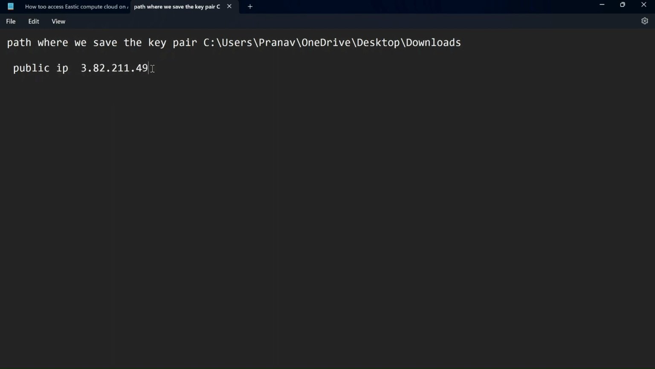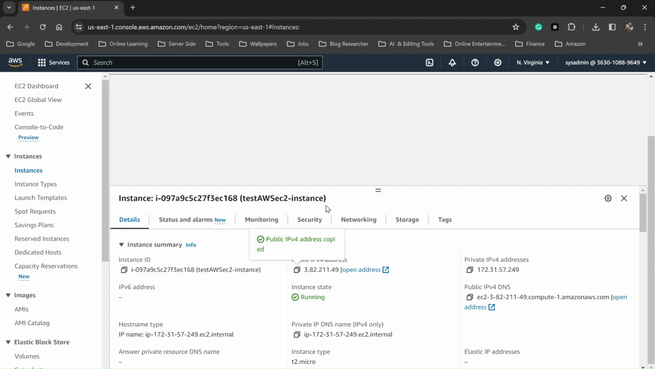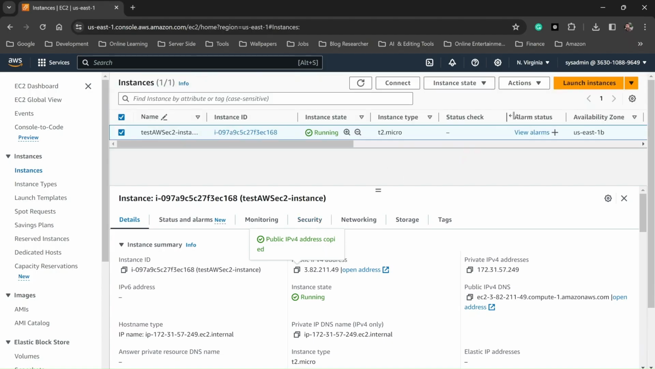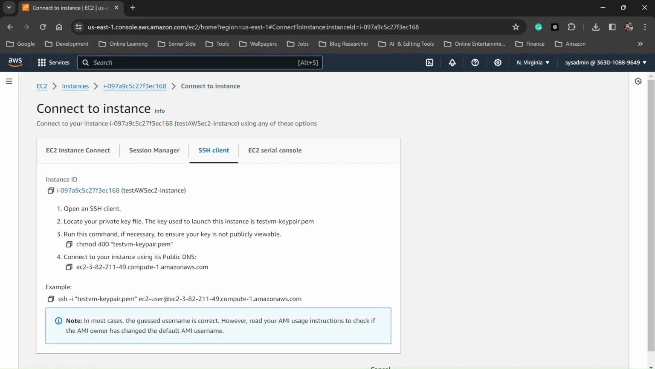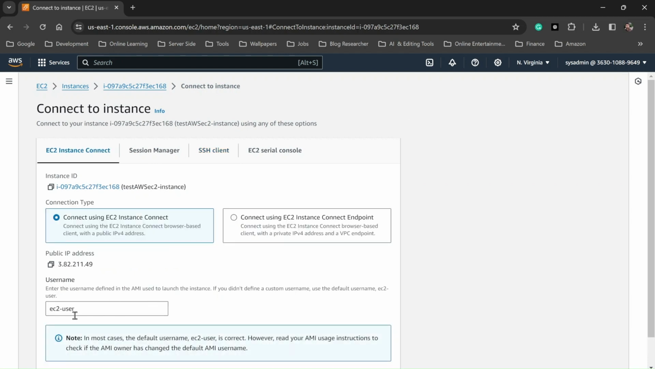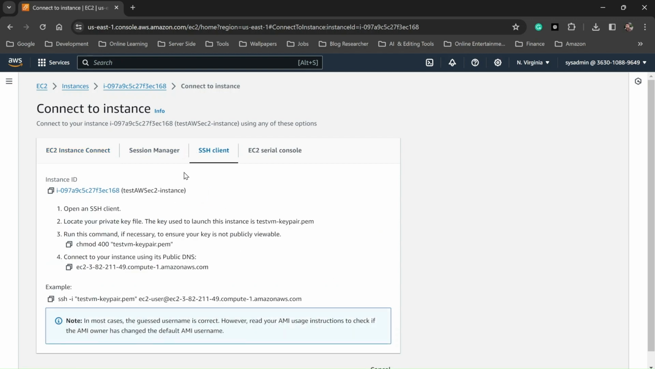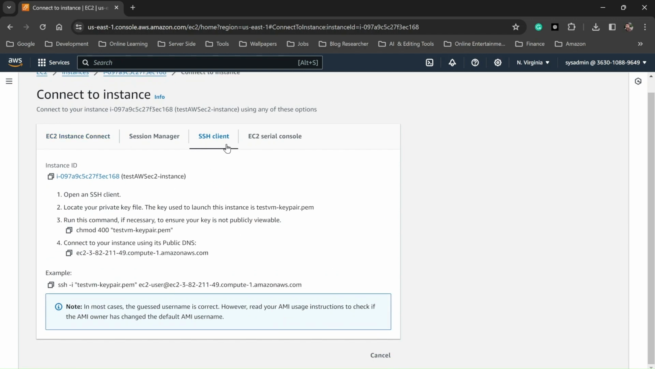This is the IP we would need to access over SSH, and then you want to go up and click on connect. By default the user is ec2-user, but sometimes the user depends upon the AMI, the operating system that you install. We'll see how that goes. So from here you want to click on SSH client and click on this example